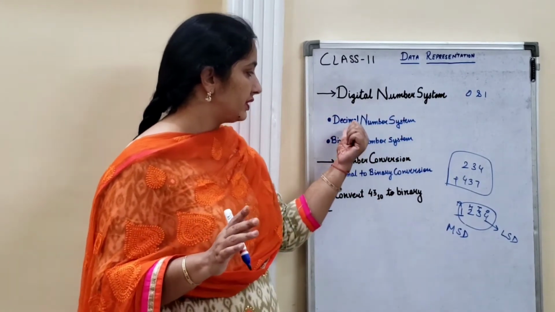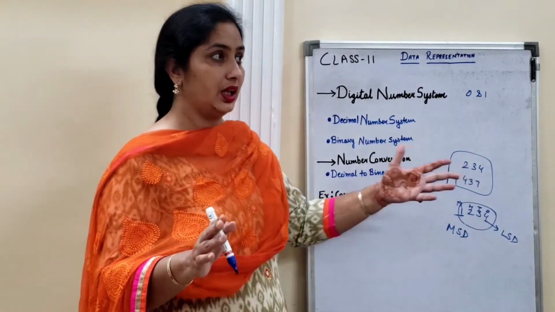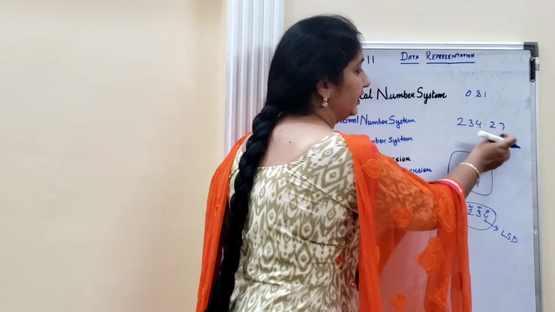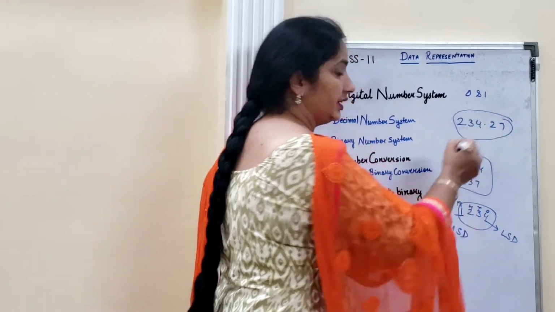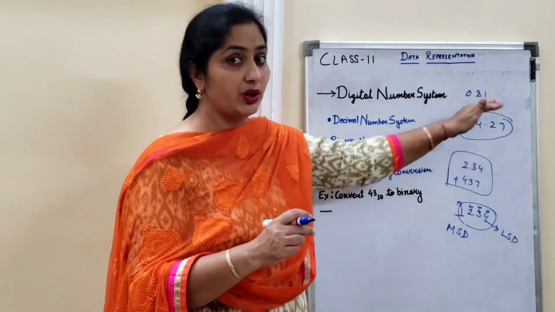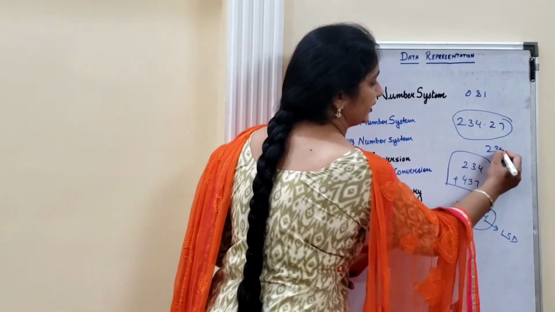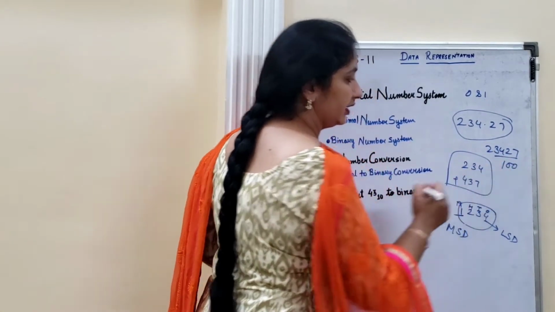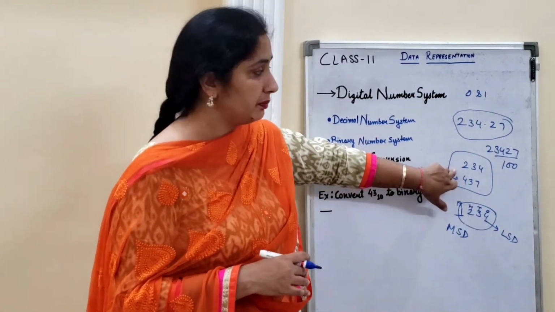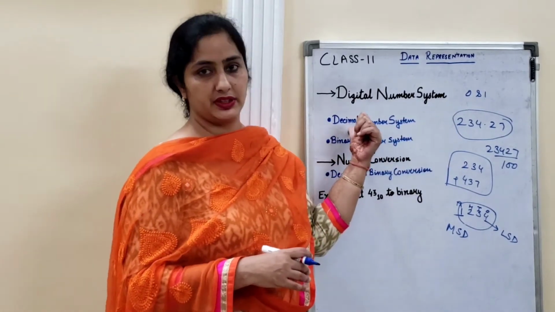Now in this we have two number systems, that is the decimal number system. You all know that these are the decimal numbers. You might get confused because in mathematics you are going to call these decimal numbers, right? Because here you can see the decimal point. What are these called exactly in mathematics? These are the fractional numbers, because you can write it like this. So these are the fractional numbers, and this is the whole number. This whole number or even this number will be called decimal number system in computer.